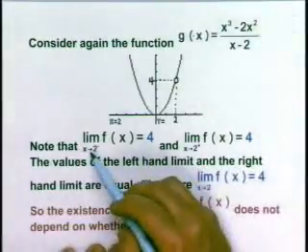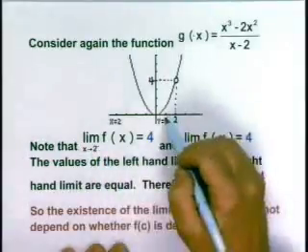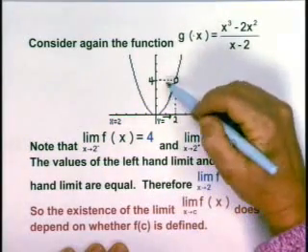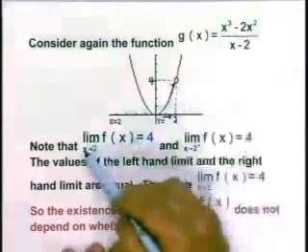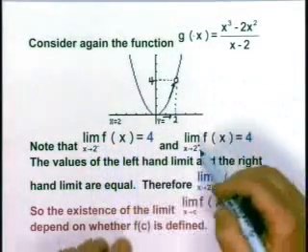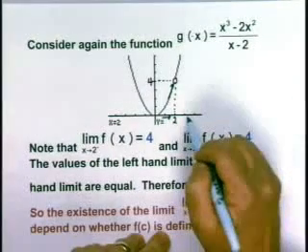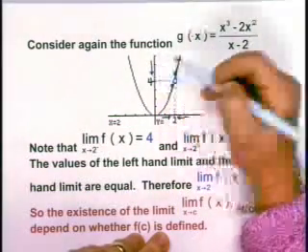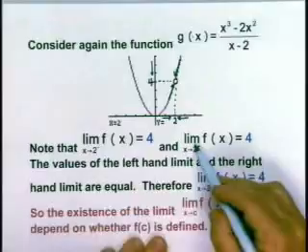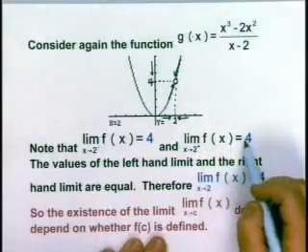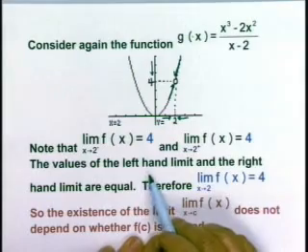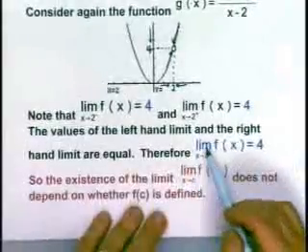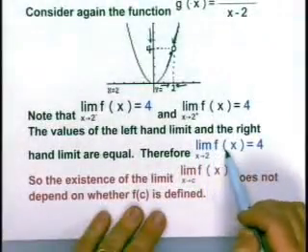Notice that as the x values get close to 2 from the left side, the function is moving in this direction and approaching 4. So the left-hand limit, the limit as x approaches 2, is equal to 4. And in a similar manner, as the x's approach 2 from the right side, the function is moving in this direction, and again the function values are approaching 4. So the right-hand limit, the limit as x approaches 2 from the right, is equal to 4. The values of the left-hand limit and the right-hand limit are the same. They're both equal to 4. Therefore, we can write that the limit in general as x approaches 2 of f of x is equal to